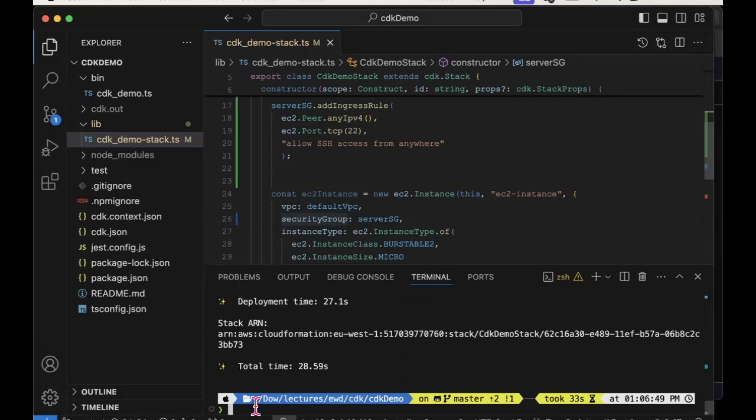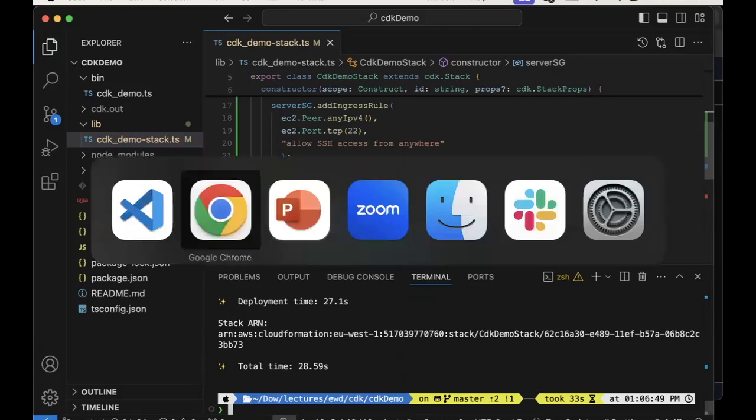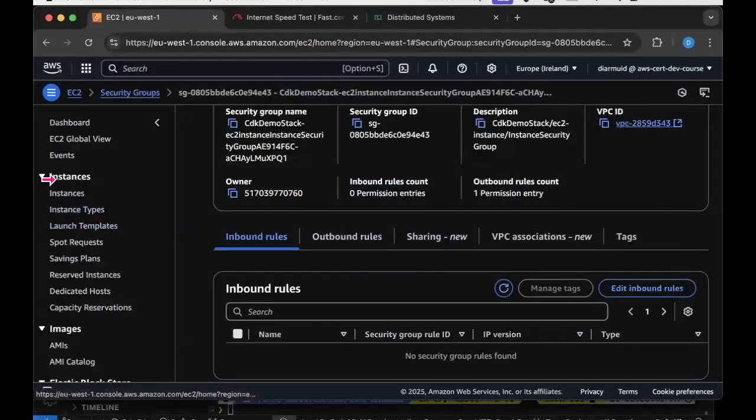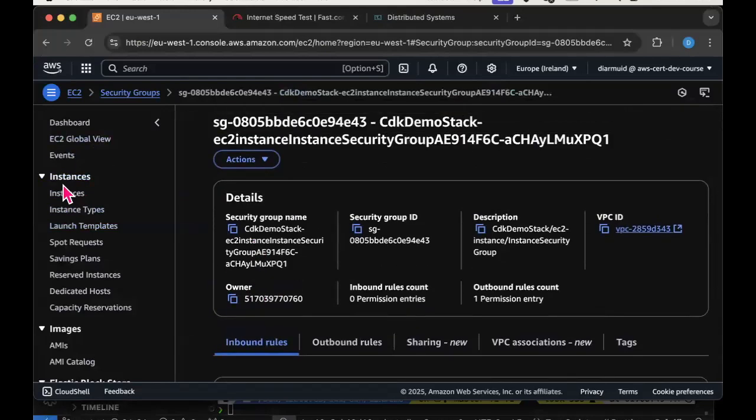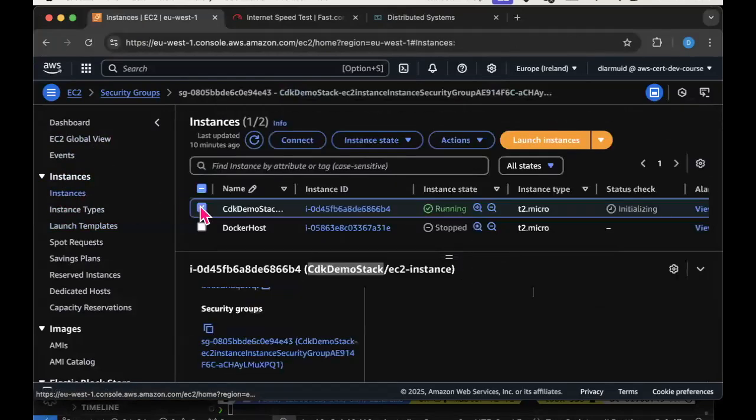So now if I switch over to the management console and check to see, well, did it actually carry out the changes that I desired? Remember, sometimes the management console takes a little bit of time to see the changes. So you may need to do a couple of refreshes and reloads.